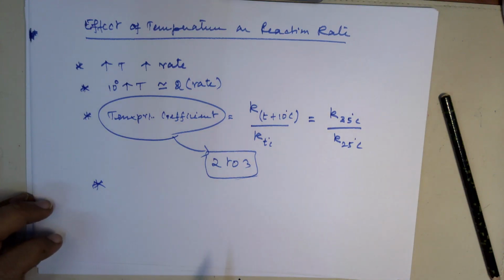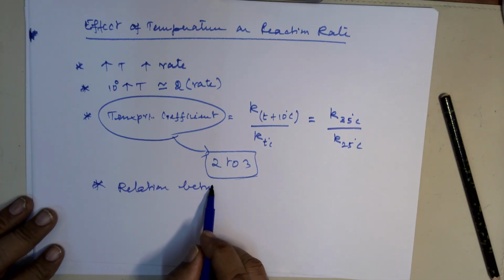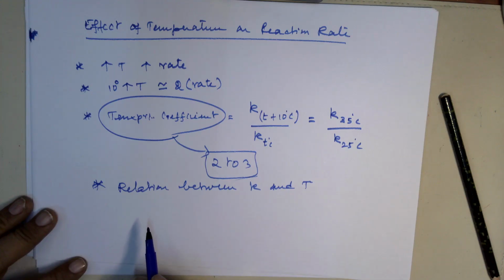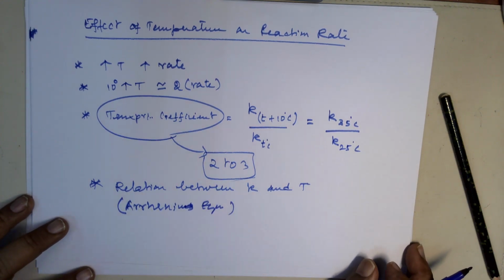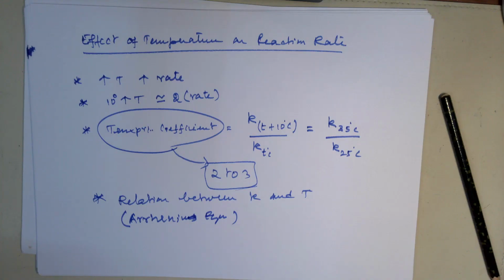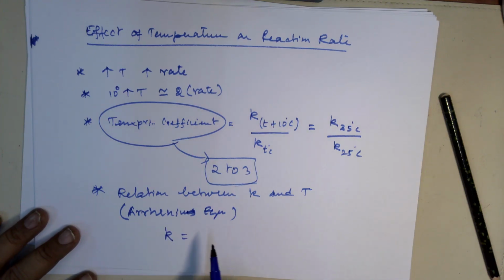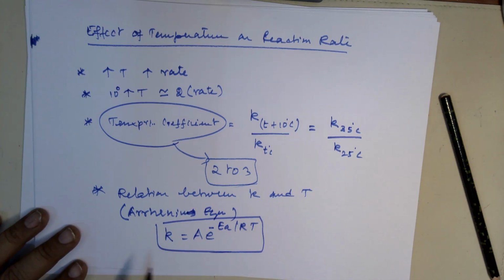And usually the quantitative relation between K and T, the relation between rate constant and temperature, is given by the Arrhenius equation. This can be given as K is equal to A exponential of minus Ea by RT. This is a very important relation. This is called the temperature dependence of rate constant, and that is nothing but the Arrhenius equation,